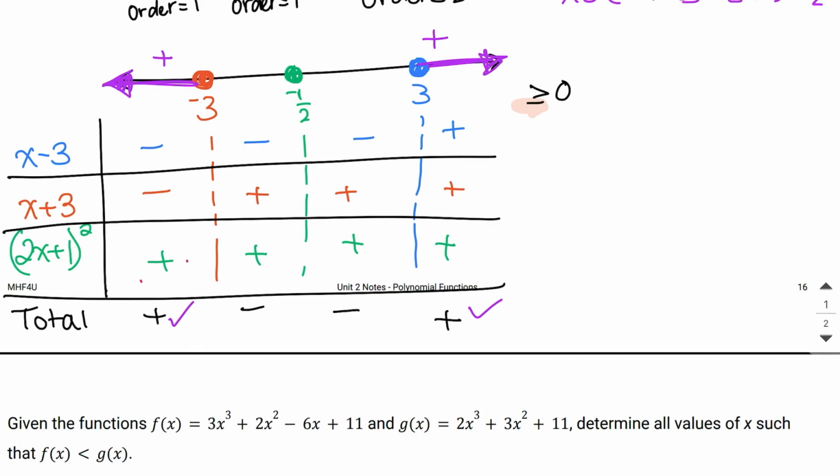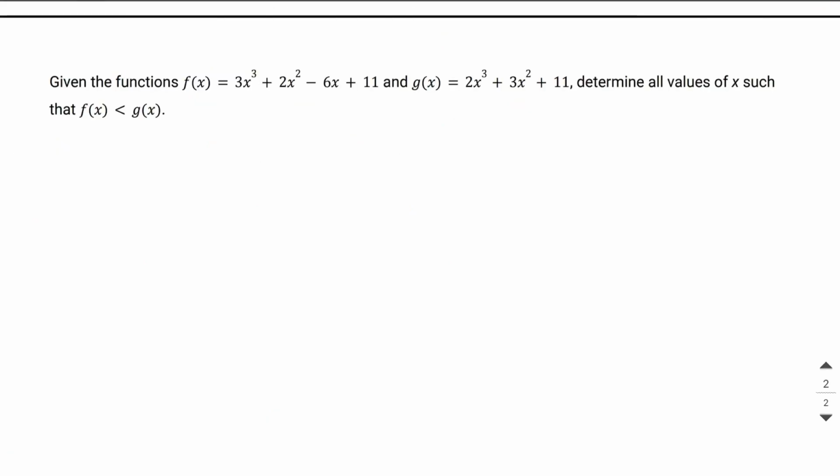Okay? All right, in this next example, it says given the functions f of x equals this function right here and g of x equals this function right here, it says to determine all the values of x such that f of x is going to be less than g of x. Okay, so what I'm going to do here